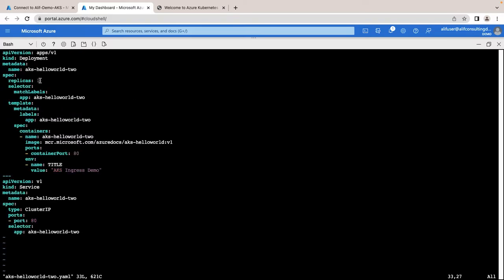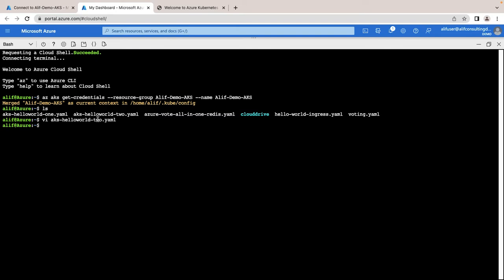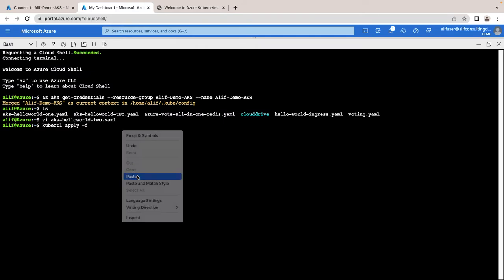Here I can define what the replica count is going to be. I just need to specify 10, not 1, and that's it. And I need to apply the file,